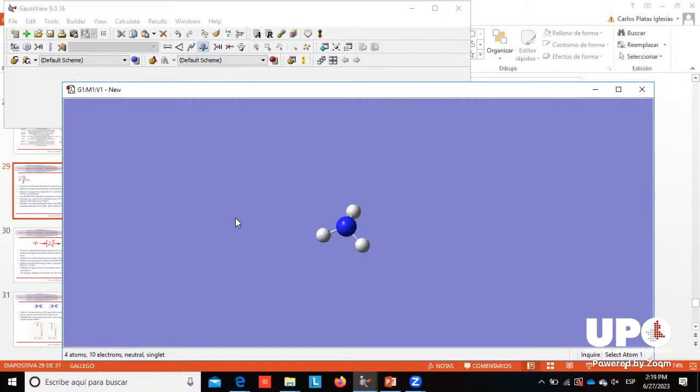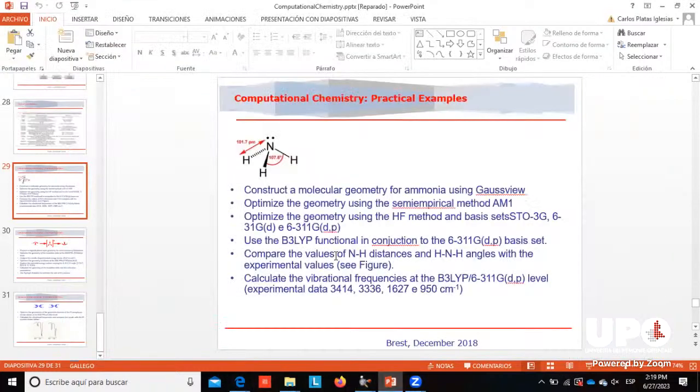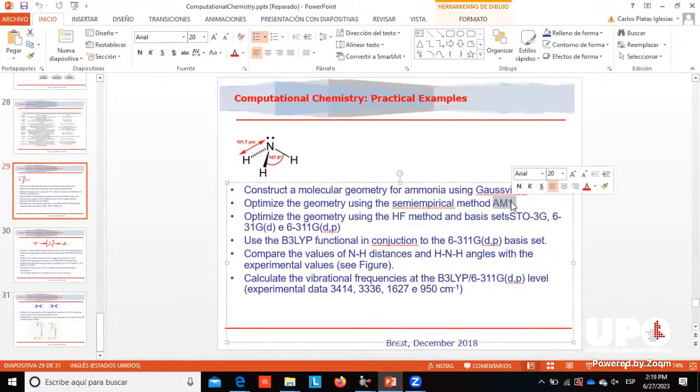We will start with a simple method, for instance, a semi-empirical method, right? If you remember, basically using electronic structure theory, you have 3 families of methods: semi-empirical methods that use some parametrization to simplify calculations, ab initio methods, and also the density functional theory methods, right? So we will start with AM1. AM stands for Austin Model 1, right? That was a semi-empirical method that was developed in Austin, Texas. So to do so,